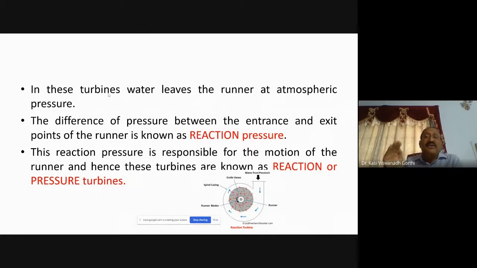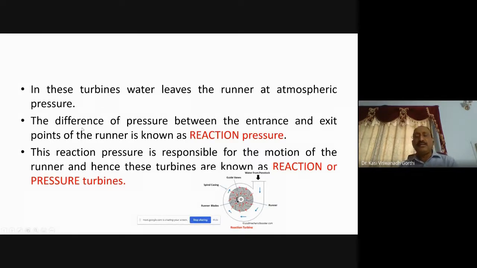At the exit of the runner, it will open to atmosphere. But there will be a small issue if it is directly open to atmosphere. However, the difference of the pressure between the entrance and exit point is called the reaction pressure, and this reaction pressure is responsible for the motion of the runner, and hence these turbines are called reaction turbines,